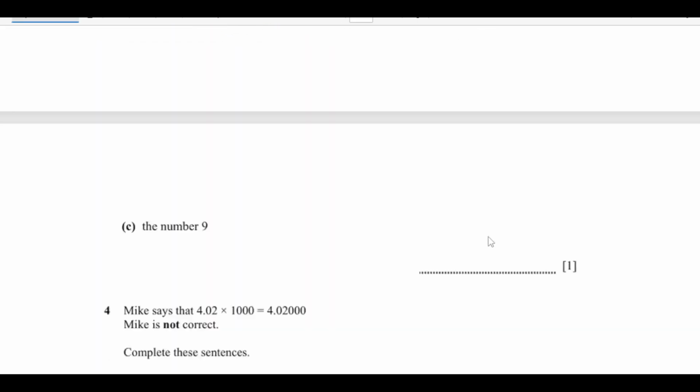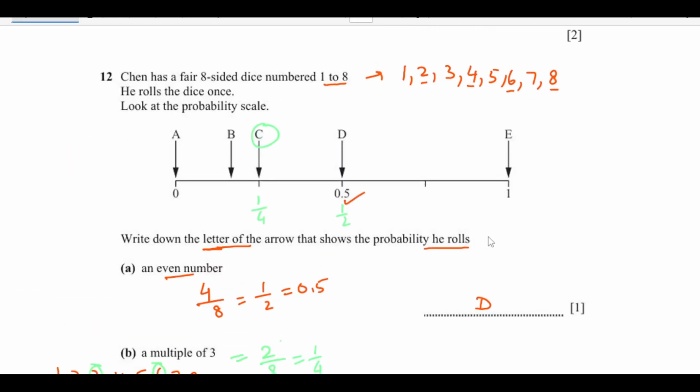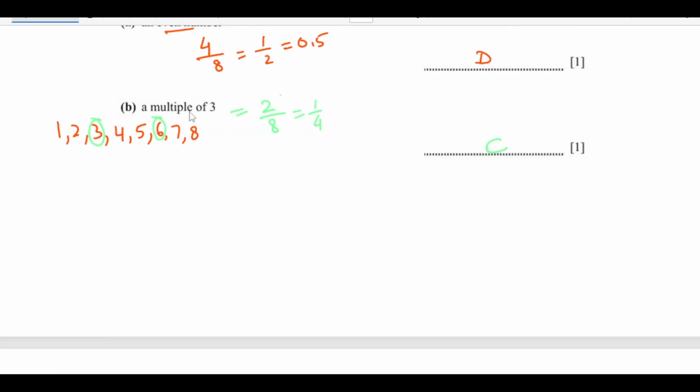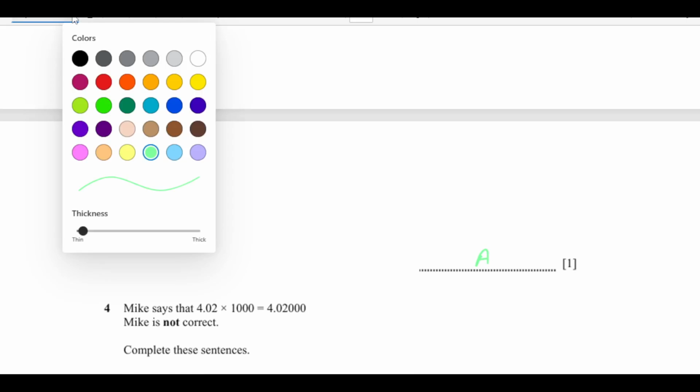Okay. Now the number 9. There is no number 9, so it is going to be 0. So where is 0? 0 here is at A. So we are going to write down the letter A over here, right? So now after this we will have